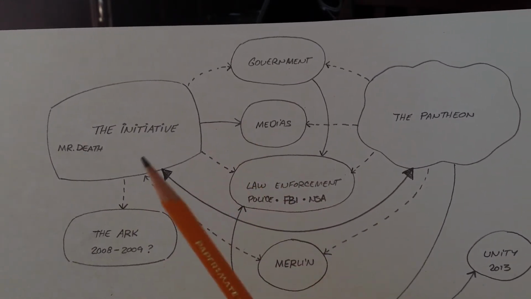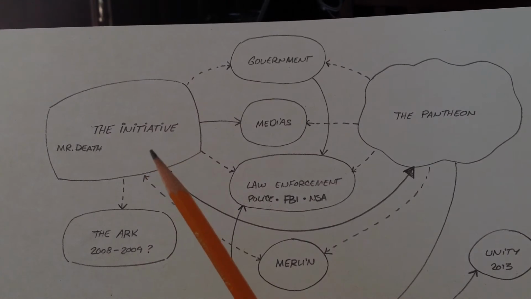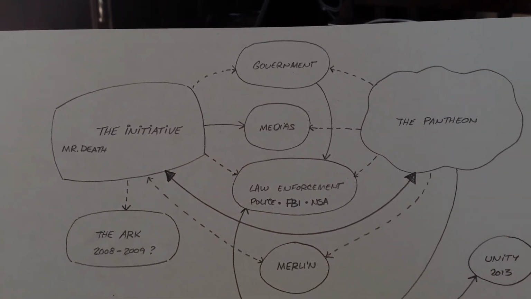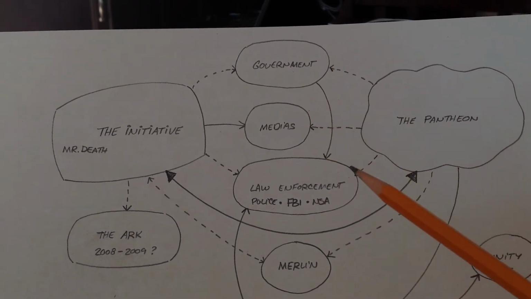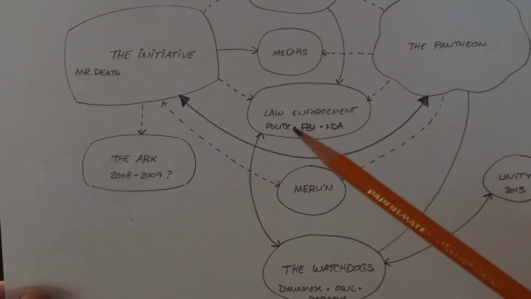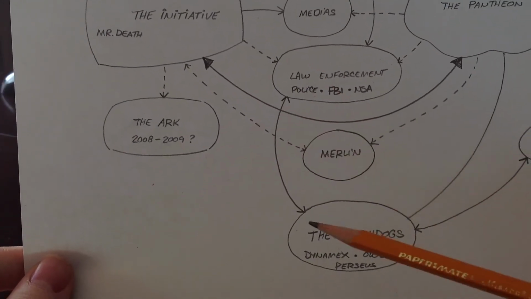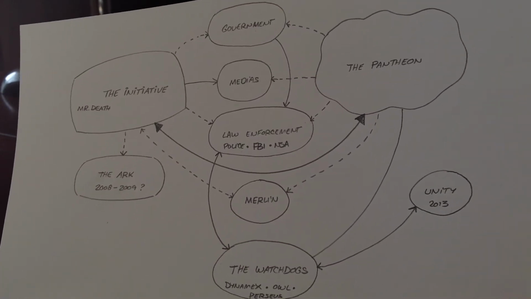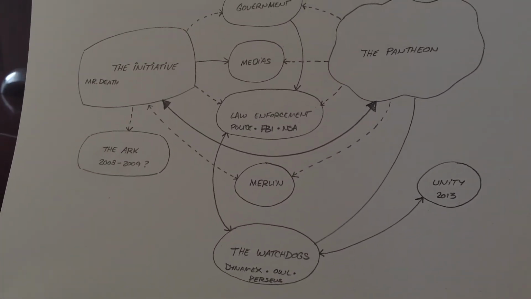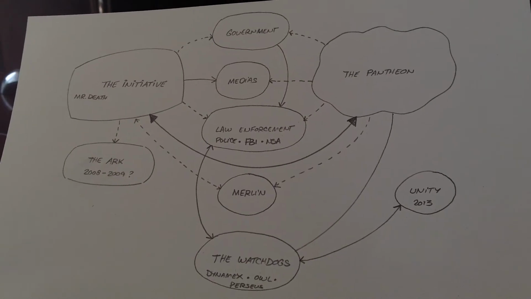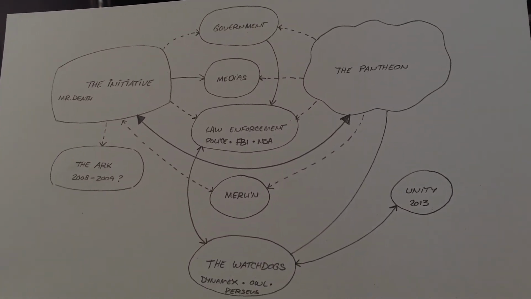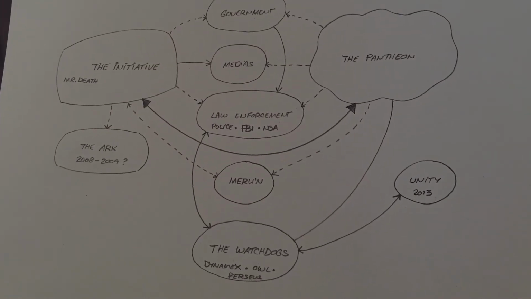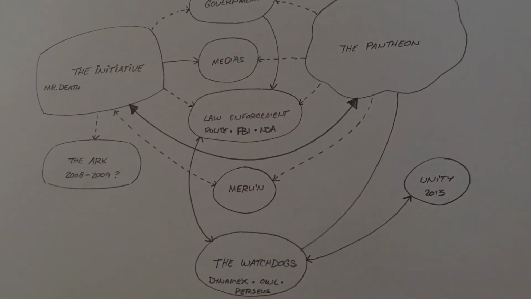So they're kind of a cover-up mission that is probably controlled by the Initiative. And you have the government, of course, controlling the law enforcement agency, which is in turn at war with the Watchdog. And there, with just three games of Paragons, you have the full spectrum of the factions in my game. So next time I talk about the Initiative, the Pantheon, Watchdog, you will know a little bit more about what's going on. And the last one is Merlin,